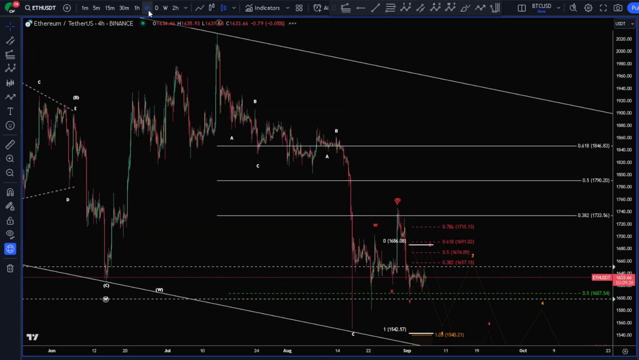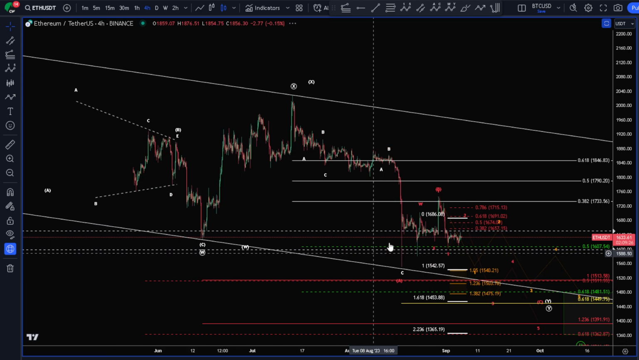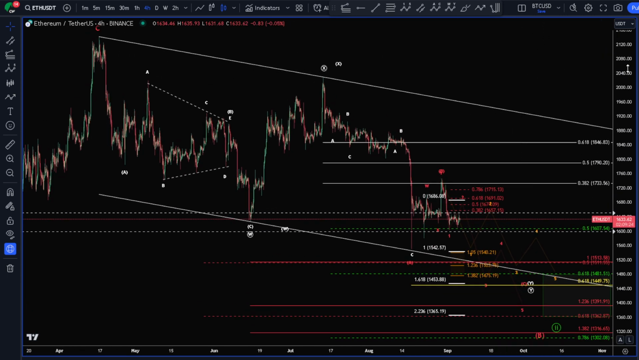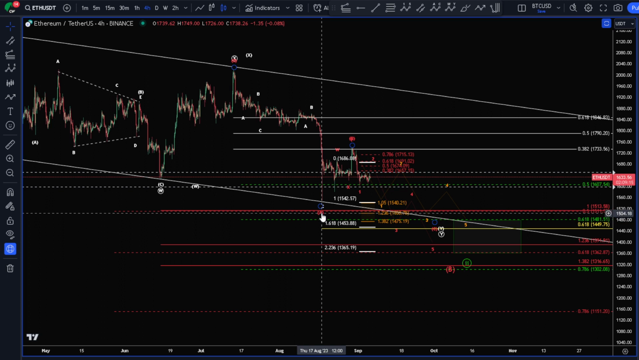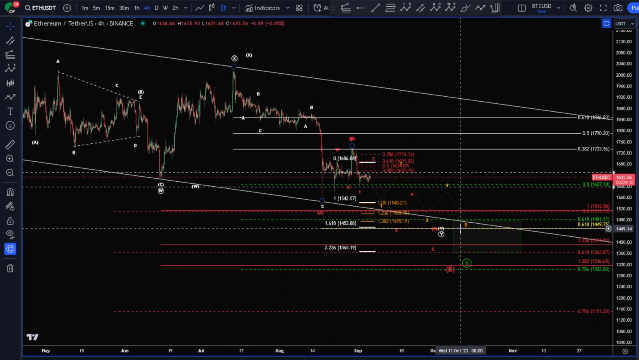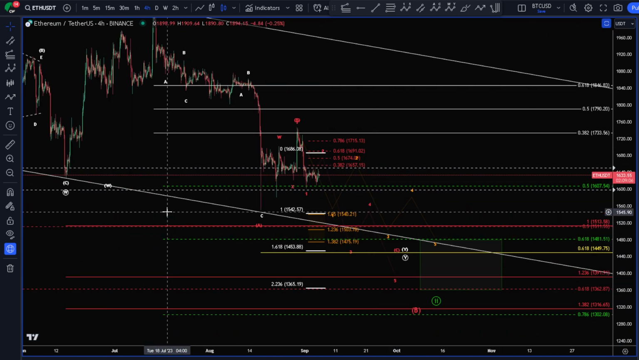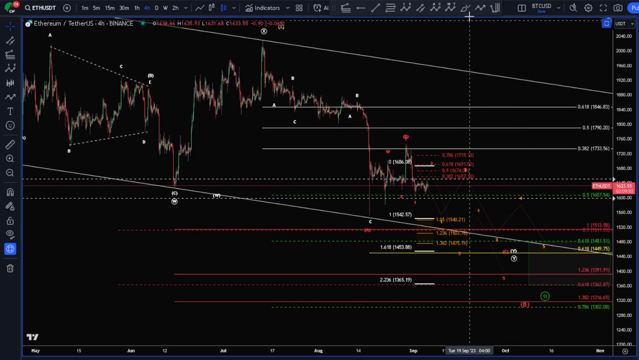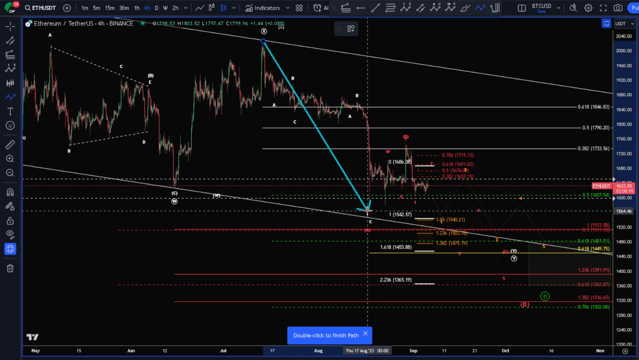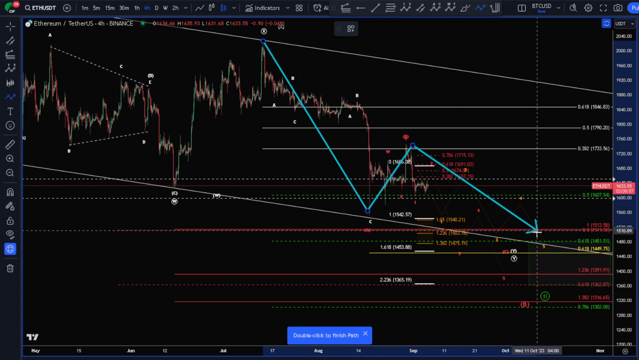First of all, looking to complete this WXY complex correction. We had a zigzag W, came up for our X, and looking for a flat for our Y wave, which is a 3, 3, and 5 down to complete from here. Now, a couple areas you have to be aware of is this has not retraced that far, and that is this potential A wave in this ABC